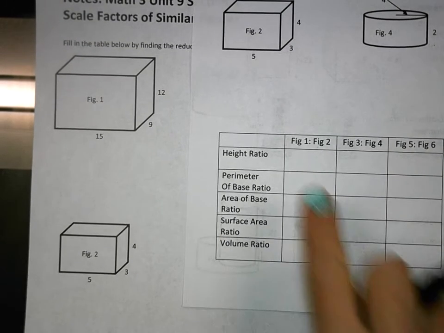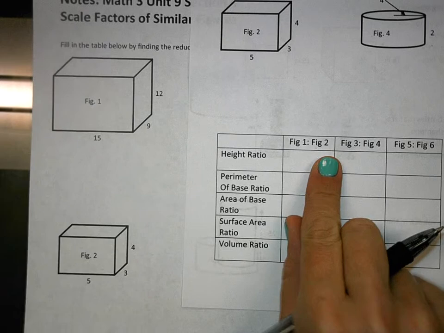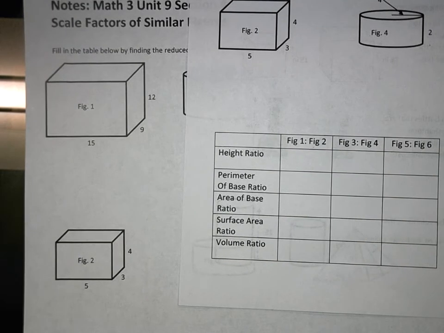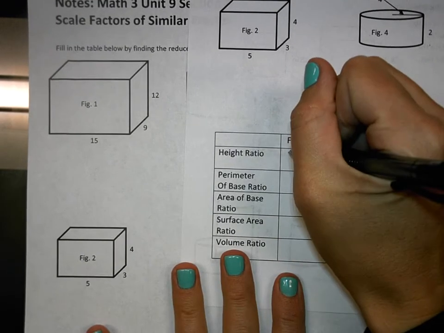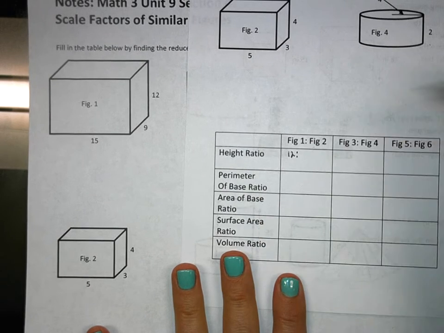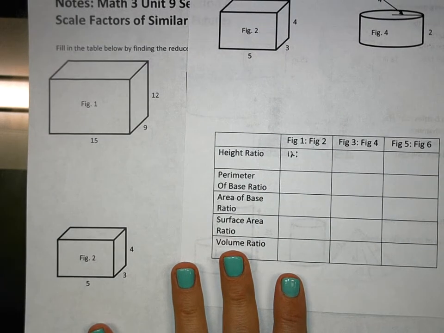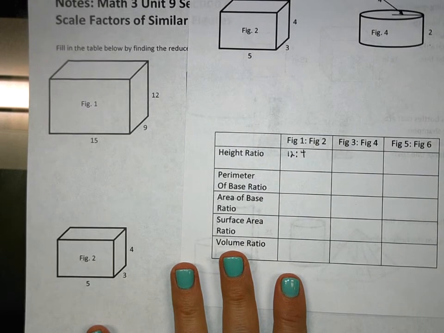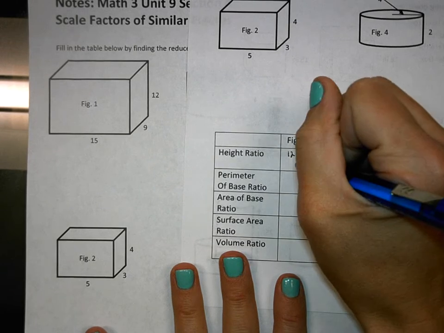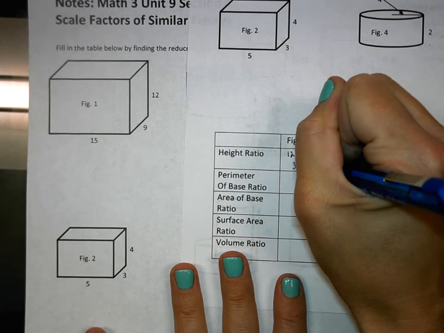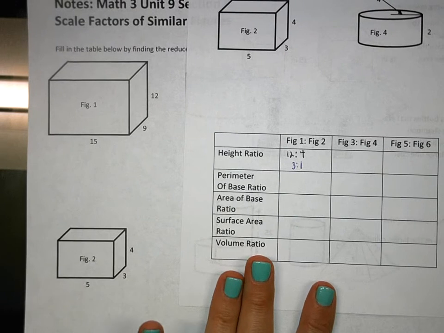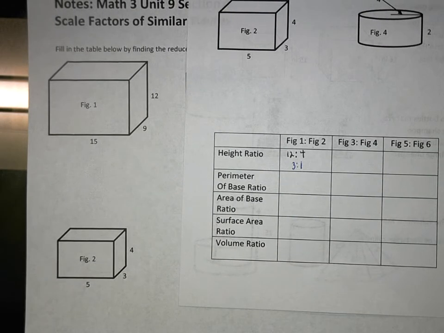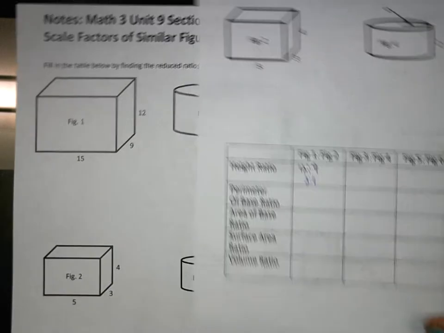Okay, so from figure 1 to figure 2, what is the height of figure 1? 12. So we're going to go a ratio of 12 to, and the height of figure 2 is what? 4. And you always want to reduce ratios to their lowest form. And so these can actually be reduced to be what? 3 to 1. Very good. Okay, so next we are going to